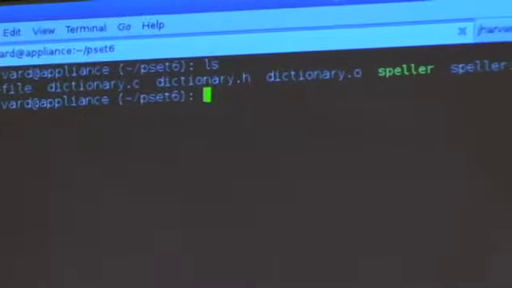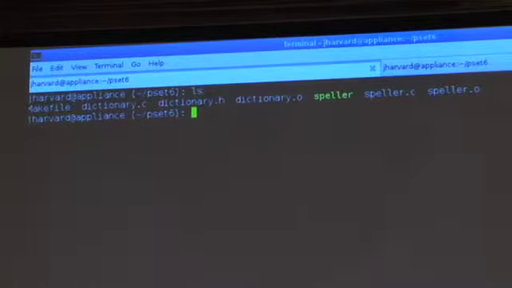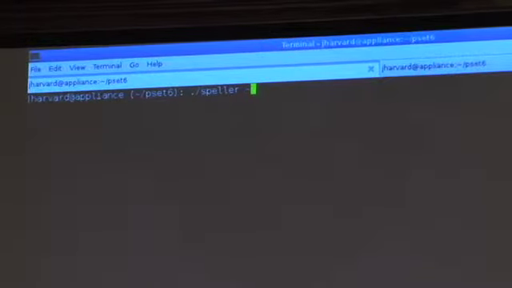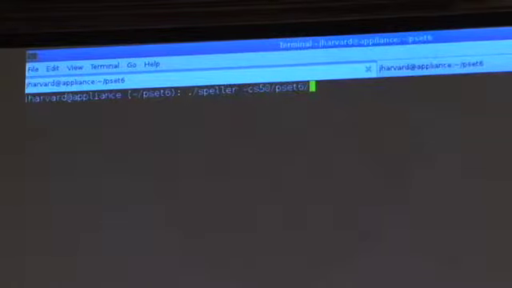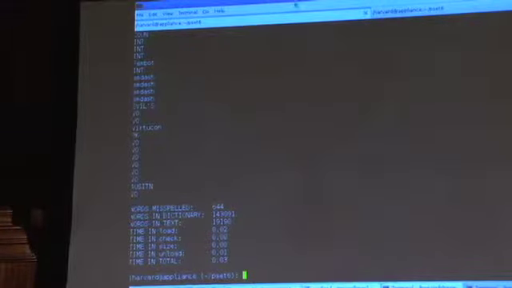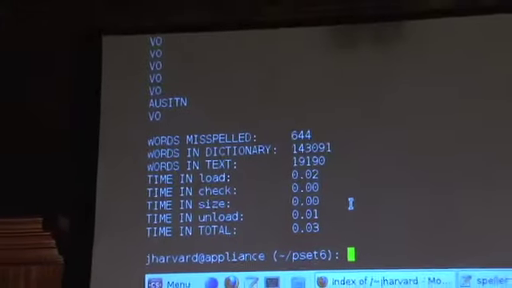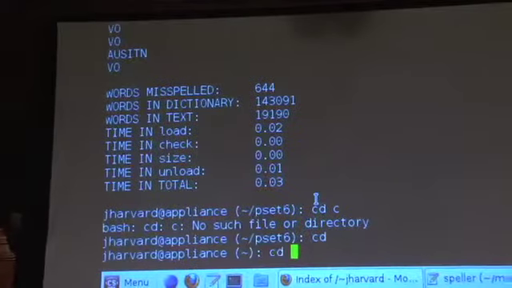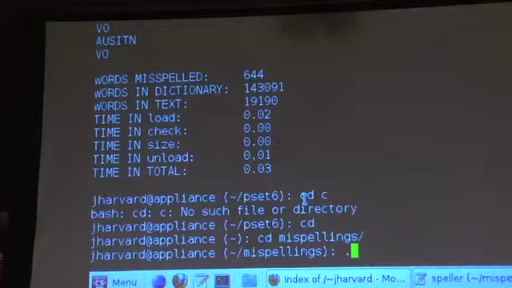Well, now let me go into another terminal window. In this window, I have implemented pset6 using C. So this is my C code from pset6. I've already compiled Speller, so let me do the same thing. Speller on CS50, pset6/texts/Austin Powers. Enter. Whew. OK, so I'll zoom in. This is before. Whoops. Oh, I ran it in the same window. This is before. Sorry, this is after. 0.03 seconds. And now if we go back to our misspellings for just a second and run this again here,